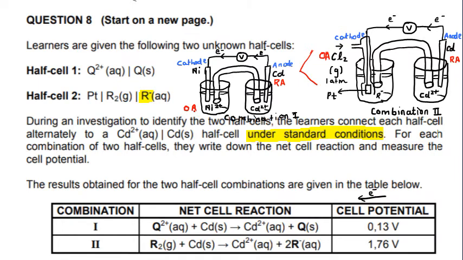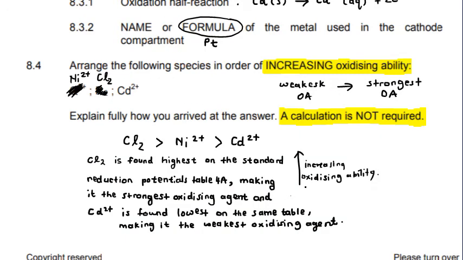After that, you would still need the table to check for the relative strength between these two oxidizing agents and the cadmium 2 plus ions. To finalize this answer, remember that we were really trying to arrange over here. What we have as the first statement here is a comparison of their strengths. So then to arrange them, you can finalize and say, therefore,